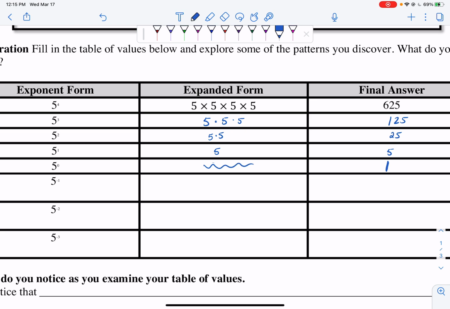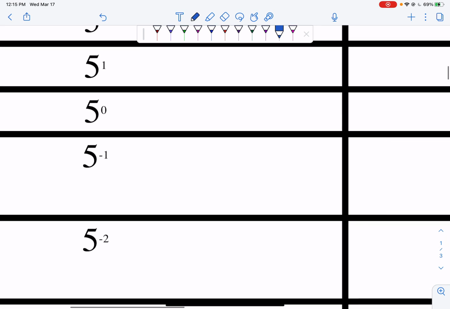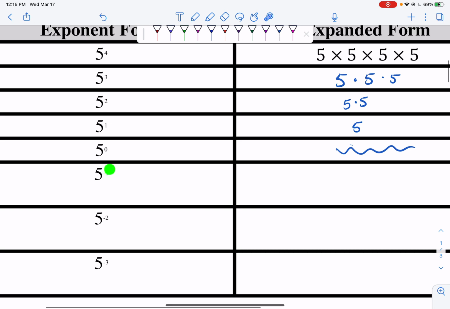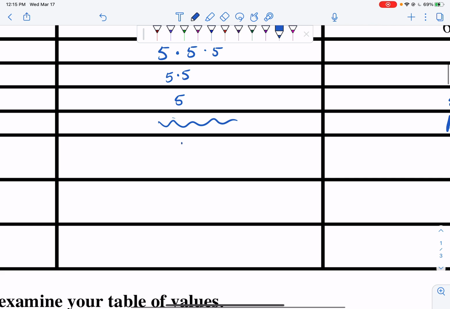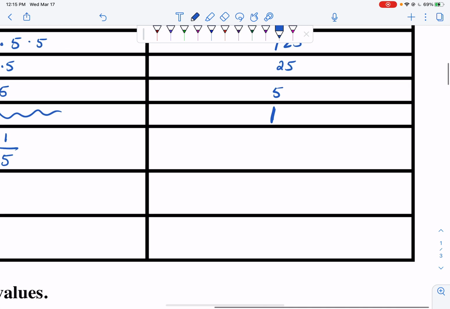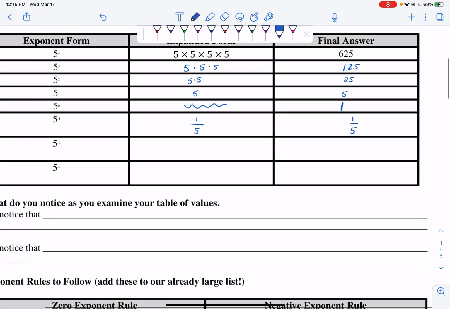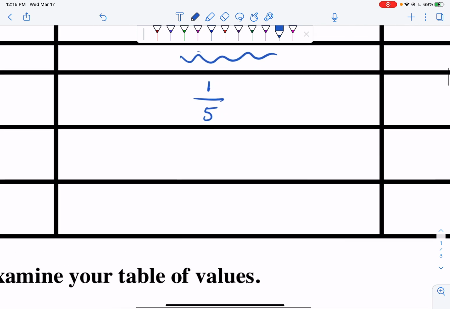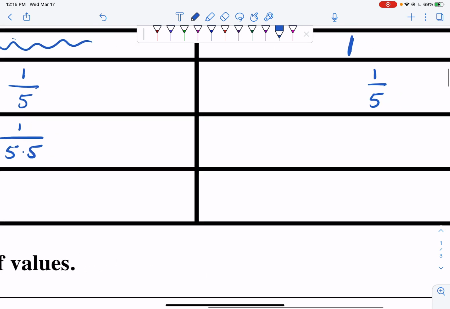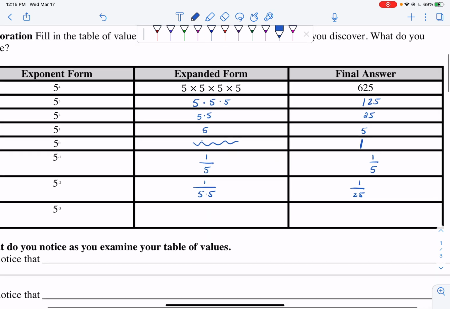There's nothing there. Now, whenever you have a negative exponent, what I want you to do is basically just make it a fraction. So this 5 to the negative 1, I've got one 5. It's going to become a 1 over 5. And that's it. Now, I have 5 to the negative 2, which means I have two 5s, both in my denominator. 5 times 5 is 25, so I get 1 over 25. And then I have 5 to the negative 3, which is 1 over 5 times 5 times 5, which is